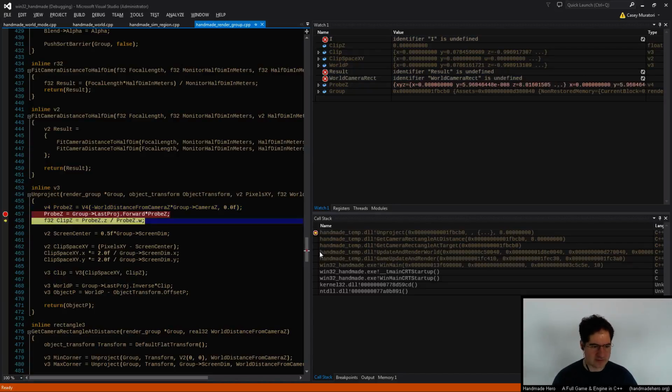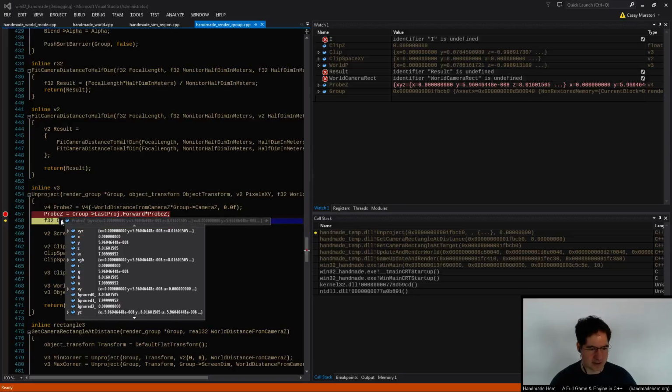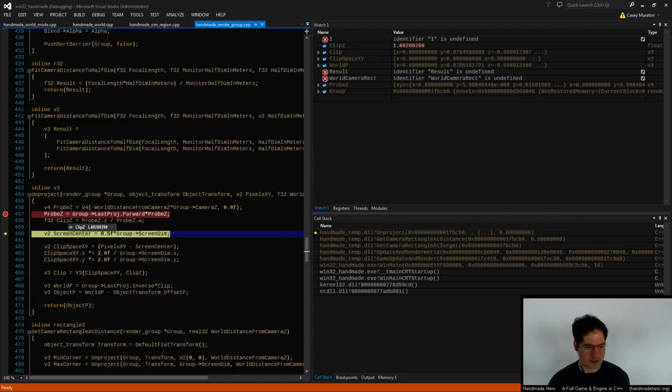Now that that's correct, let's take a look at the other parts here and see how they go. So let's see what our clip z is. Our clip z is still busted, so I'm still not quite there yet. I don't quite understand how we could get the same clip z in either case. I guess that's because the w coordinate coming out of there